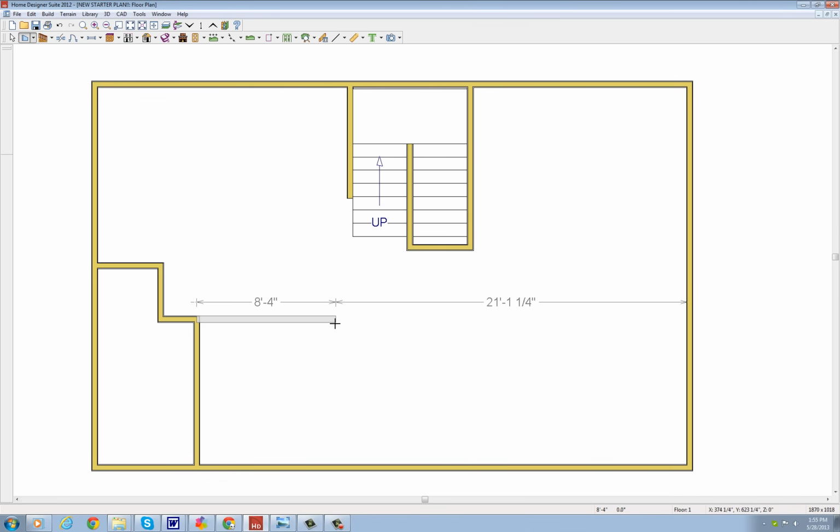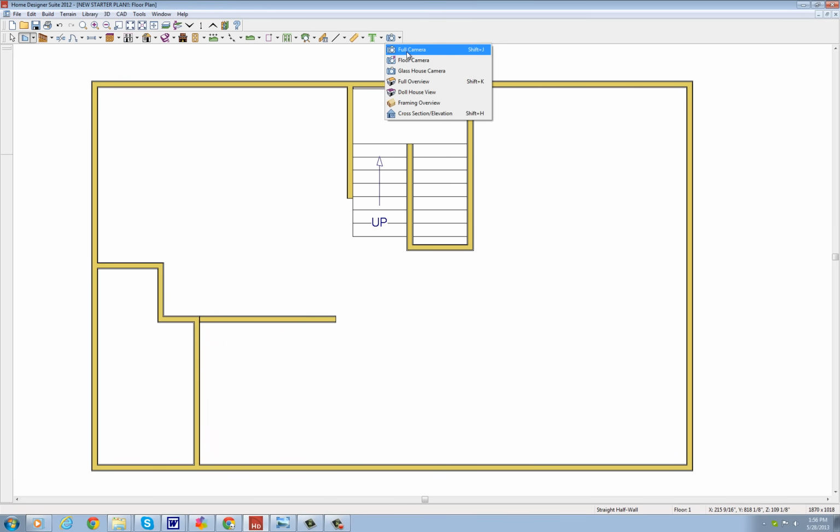I'll let go of the button now. Now I just put a half wall in. And then I want to put a column. There's a column in my basement here at the end of this half wall. I built this half wall to go from this column that I'm going to draw in here back to this wall. But as you look right now, and we'll go back and look at the camera here, click on full camera,